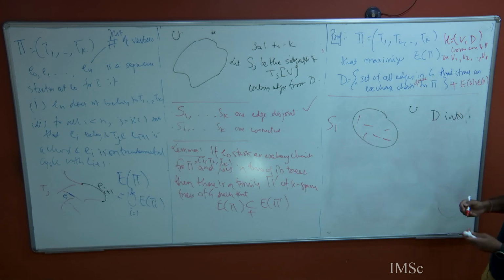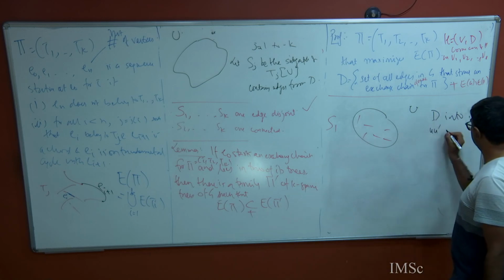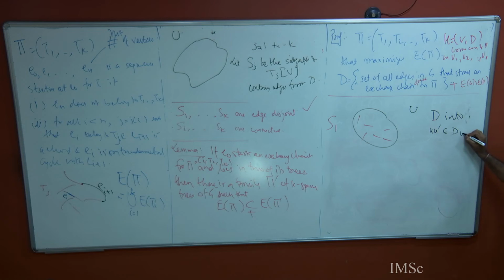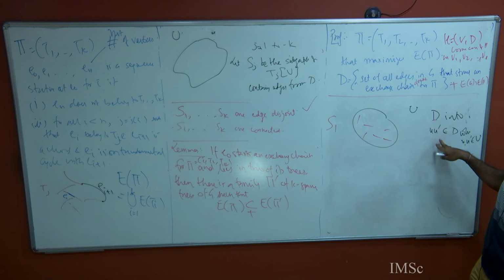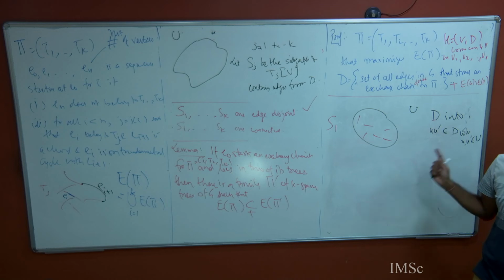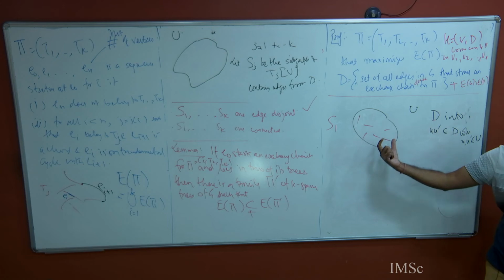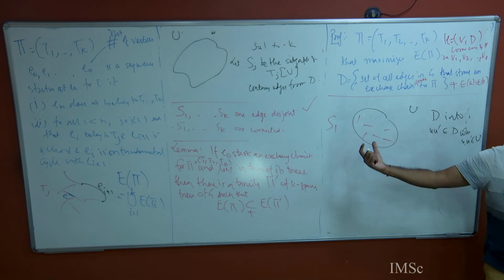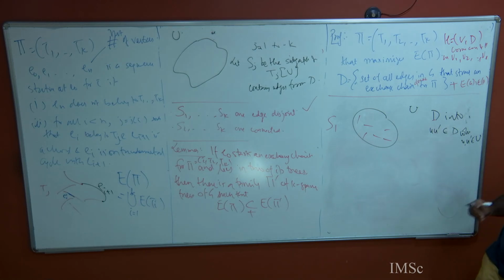So I want to say that, look at any edge u prime in D, where u prime is in U. Now what could happen: if all the edges of u prime in D belong to this, then you are done, because this was connected. So your only problem is some edge which belongs here that does not belong here. That is your potential problem, okay. So now what I am going to show to you,